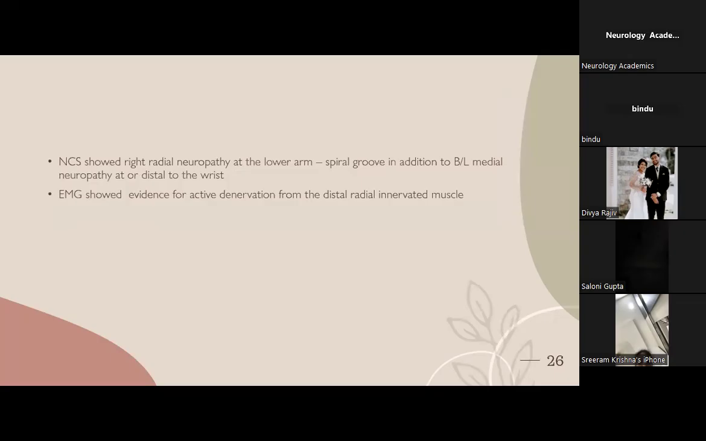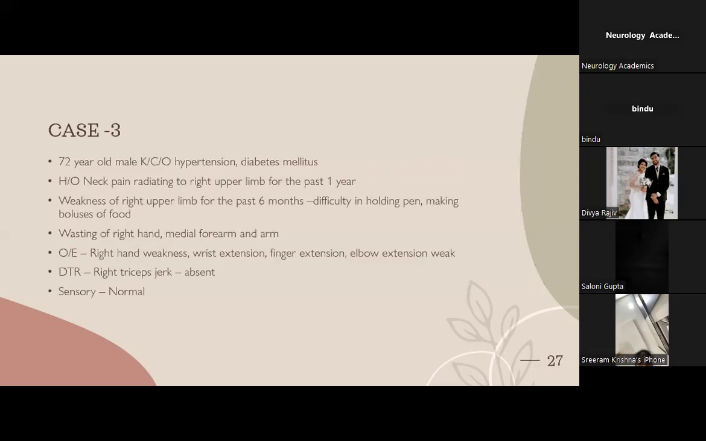So he showed right radial neuropathy at the lower arm, at the spiral groove, in addition to bilateral median neuropathy at or distal to the wrist. EMG showed active denervation from the distal radial innervated muscles. Coming to the second case,